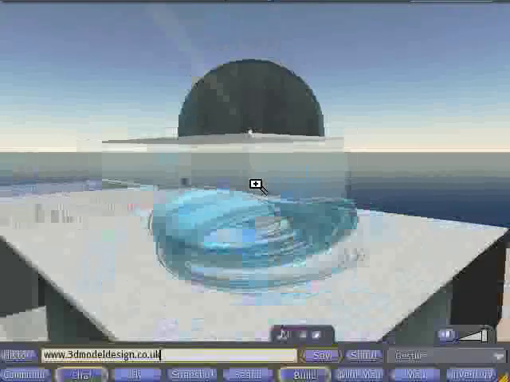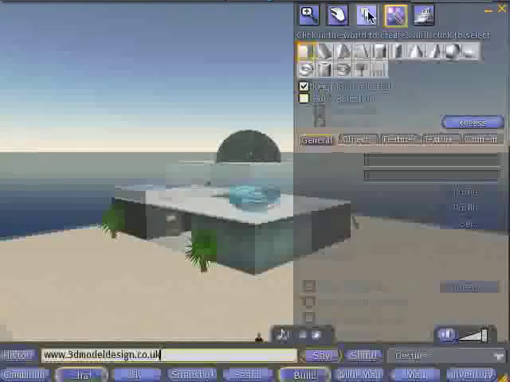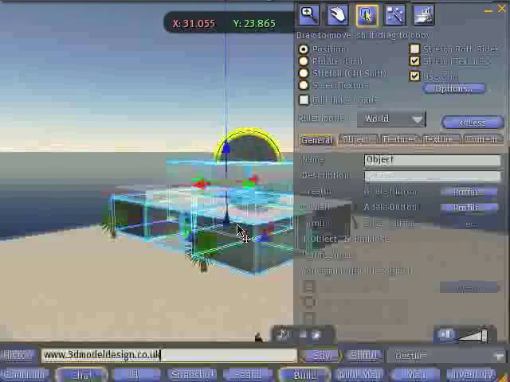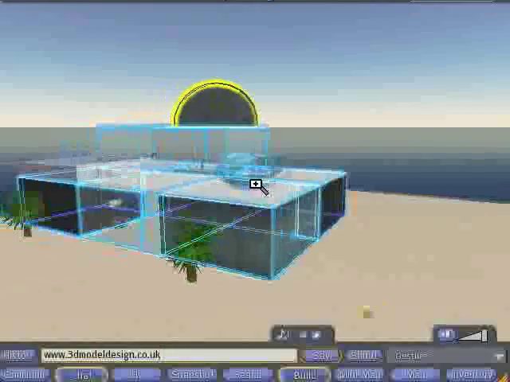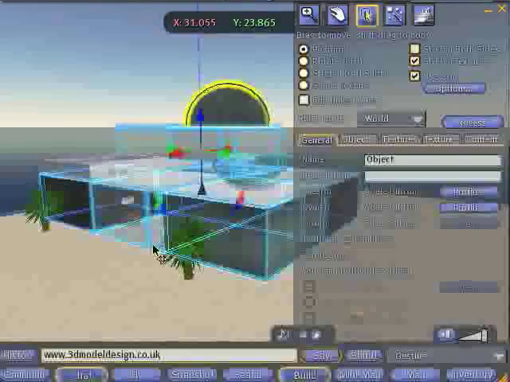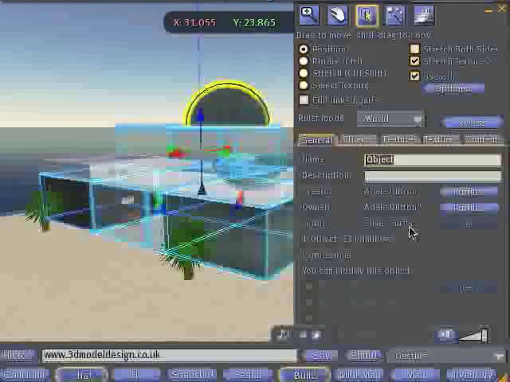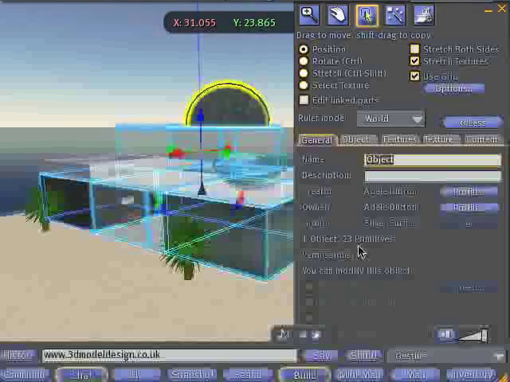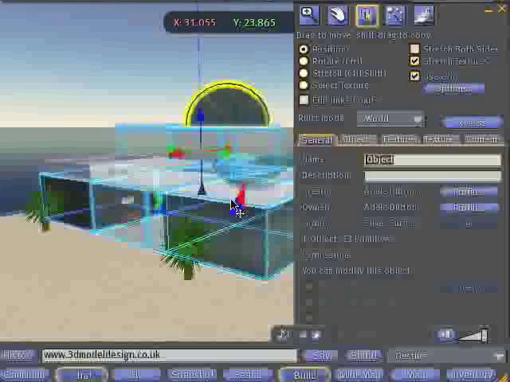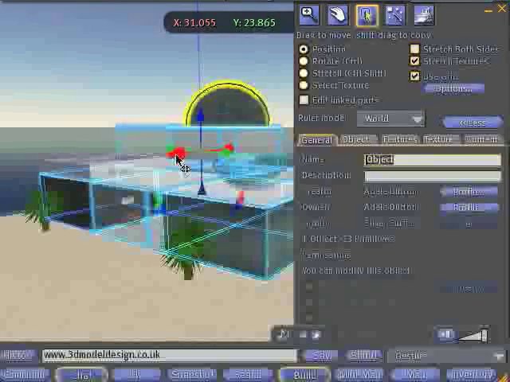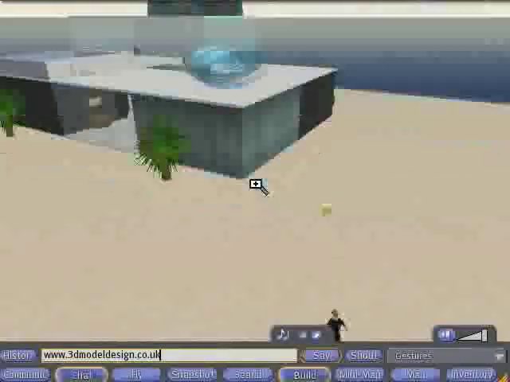Okay, so let's have a look at this house. Here's a house. Click that. There's the whole house all linked together, not including the pool and the objects and the trees. If we click the General tab, we'll see that it's owned by Adele Dutton, and it's 23 prims. Remarkable work by Adele, using prims wisely to make buildings. This building only uses 23 prims, which is a very, very low prim count for a building. It uses a special way to create the walls. I'll show you why. If we go back to this old block that we just have down here,